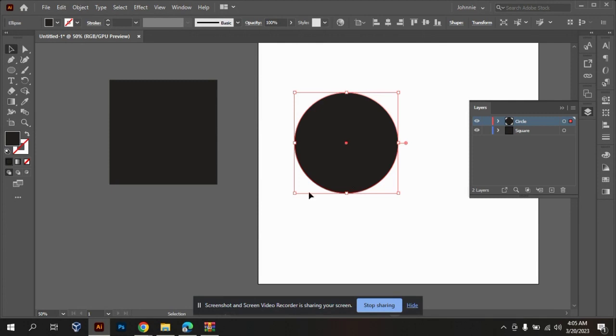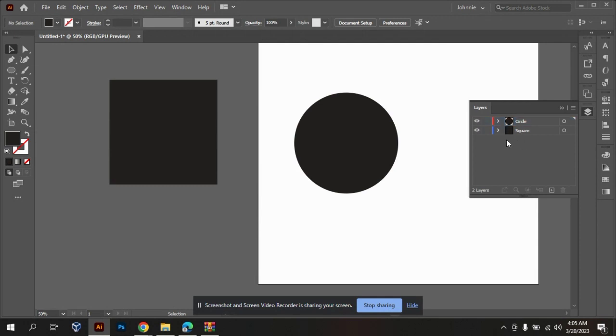It's as simple as that. So remember, I told you that your layers panel helps you to stay organized. Okay, it helps you to stay organized. And with this, it means that you can actually have multiple objects on a layer. It doesn't mean that because you are working with layers now,